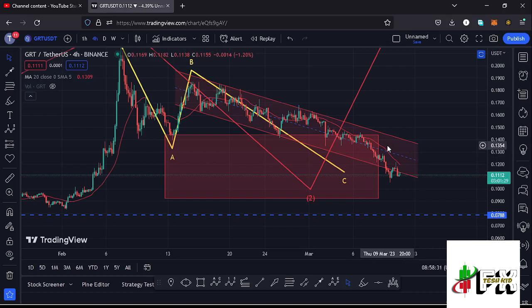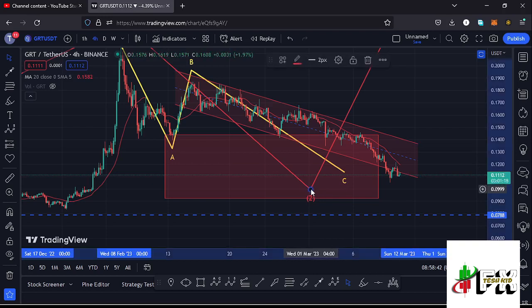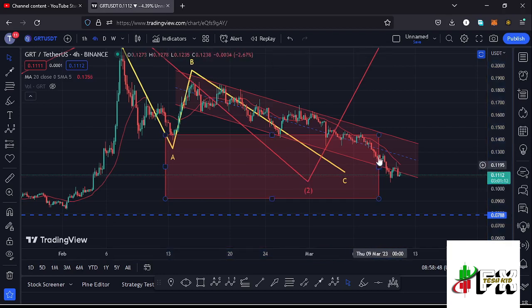We have also seen a breakout to the lower side out of this descending channel that we had been trading within. We have also continued to obey the Elliott structures, where I still believe that whatever we are seeing is a corrective structure to the lower side in the formation of this larger Elliott wave count 2, and we have managed to get into the minimum retracement area here in the formation of this larger Elliott wave count 2,